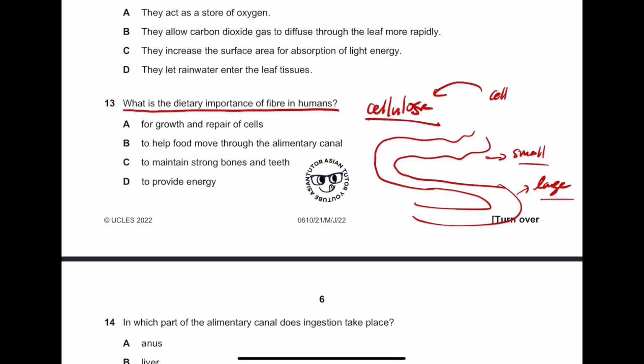Cellulases. So these guys digest cellulose molecules. However, we don't have them. So what happens is that the bowel movement, or the movement of the small and large intestine, continues. And what it does also is that the food molecules get pushed